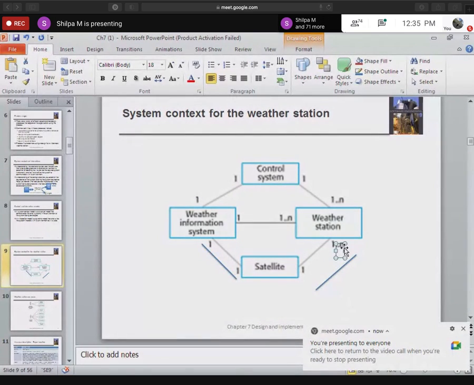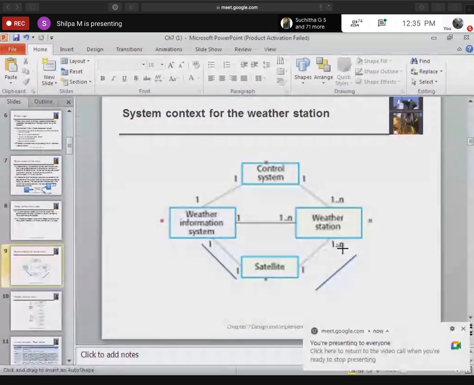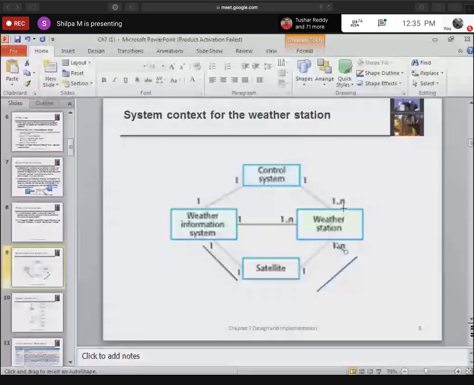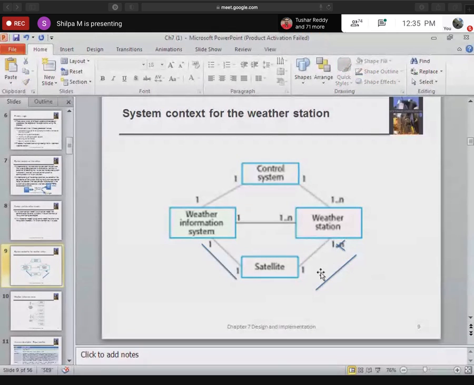That will be your system, what you are designing. I won't say it is wrong. But in your textbook, they have taken this as the system and explained everything with respect to this system. Fine.